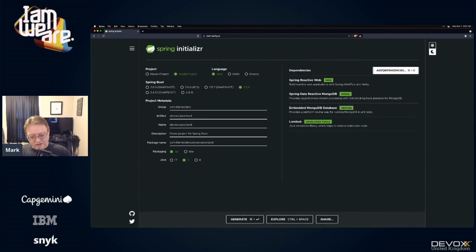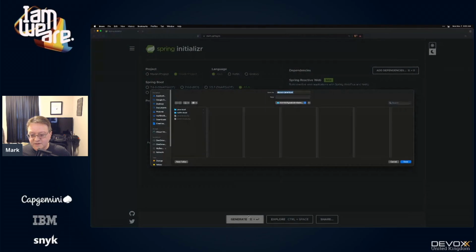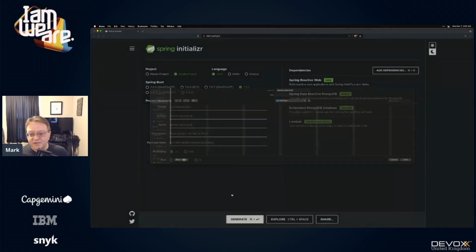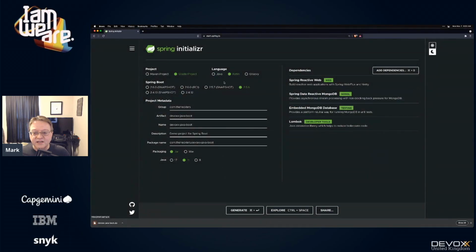I want to give the simplest, leanest, most streamlined example that I can while still encompassing several of the features and capabilities you would use in a typical microservice deploy, right? So I've tried to distill this to the maximum extent possible, and this is what I came up with. So I'm going to generate this application, just drop this on my desktop, and then I'm going to do the same thing using Kotlin and Gradle,